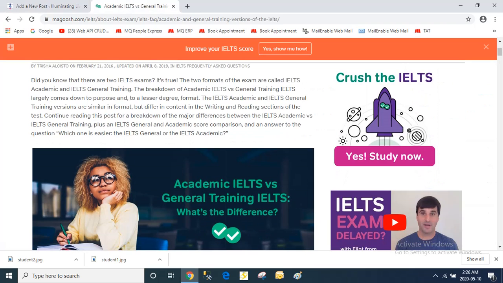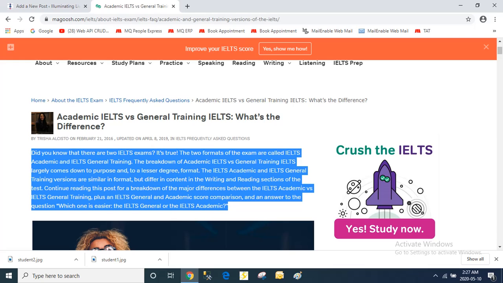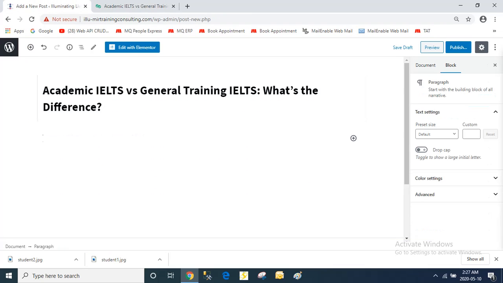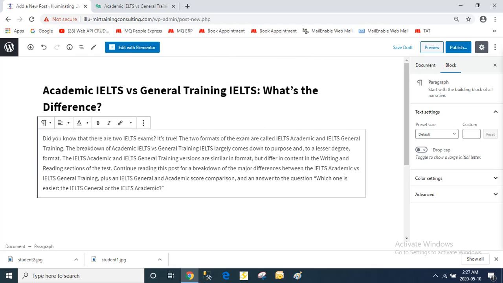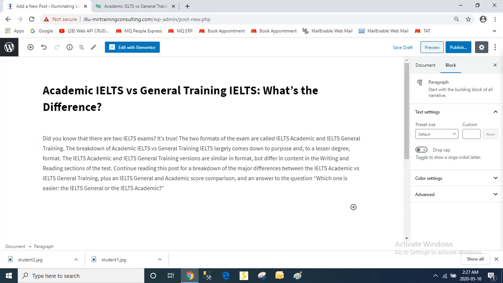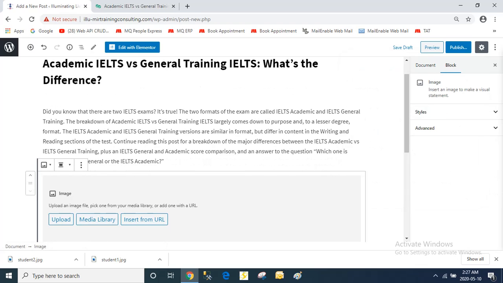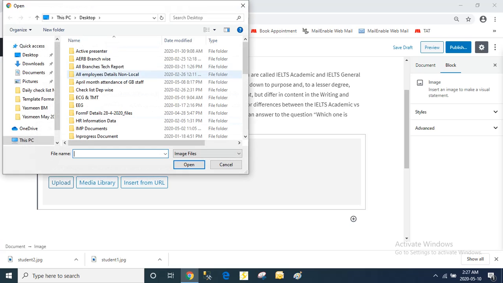After that, I will copy some text from here and paste here. And if you want an image below this, just press Enter, click here on Add Block, click on Image, click on Upload, then I have already saved some pictures on my desktop.